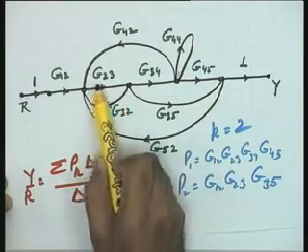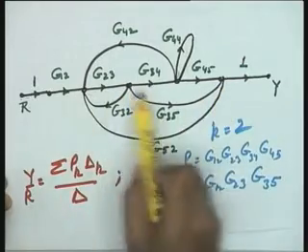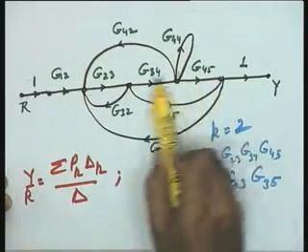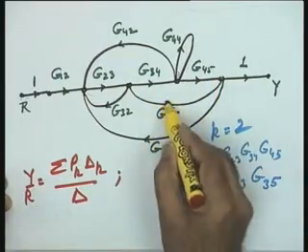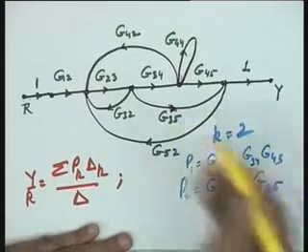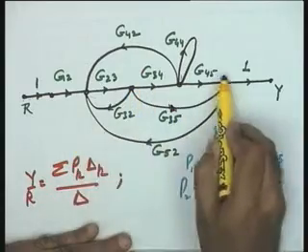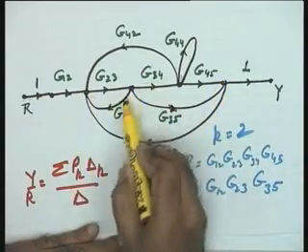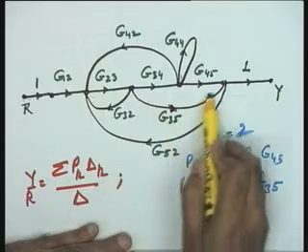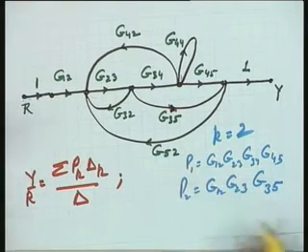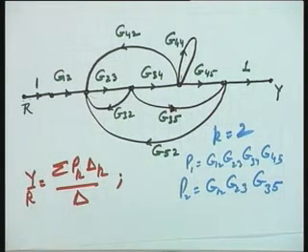Where is the fifth one? The fifth one is this, please see, and not this. This is not a loop. This should be clear. Please see that this is not a loop because this is in this direction. I repeat, for the benefit of those who could not identify the 5: this is 1, this is second, this is third, the complete one, this is fourth, and the fifth one is to follow this path. I hope I need not write the loop gains. You can write them. I can leave the problem incomplete as a home exercise for you. Just try to identify the loops and do the problem yourself. These are the 5 loops.